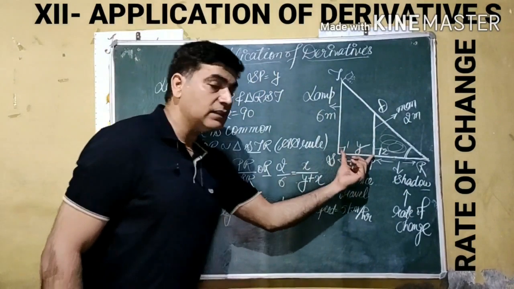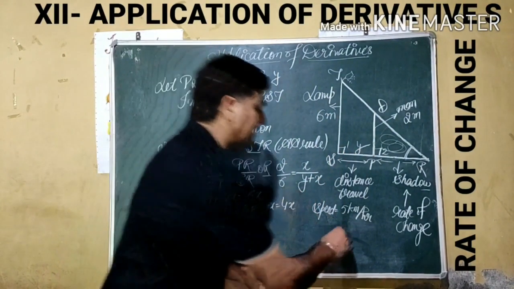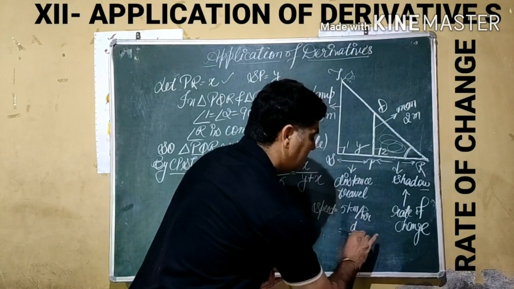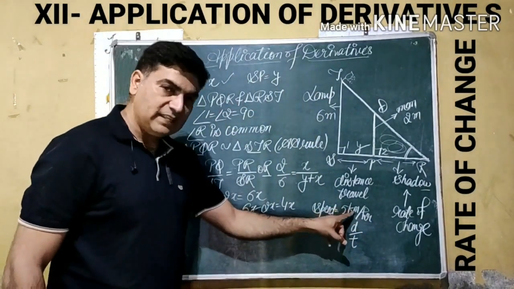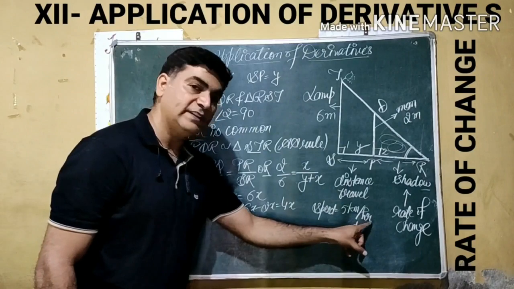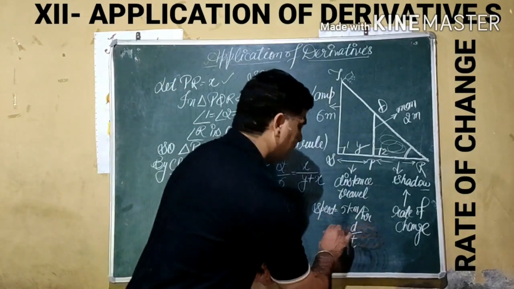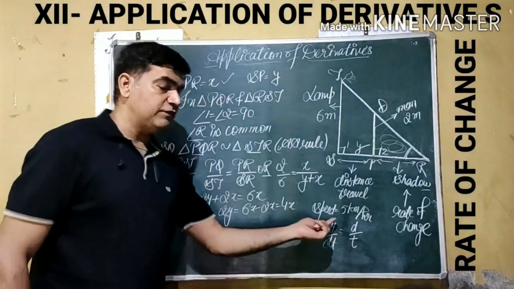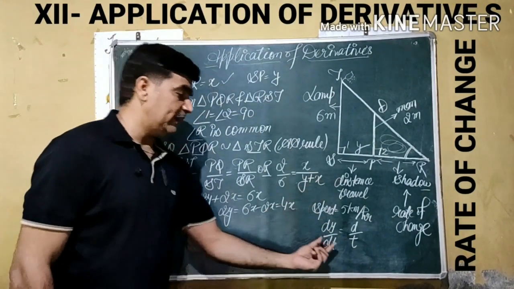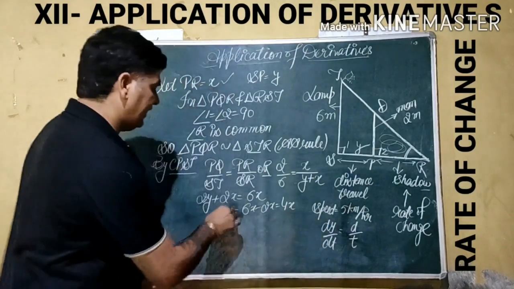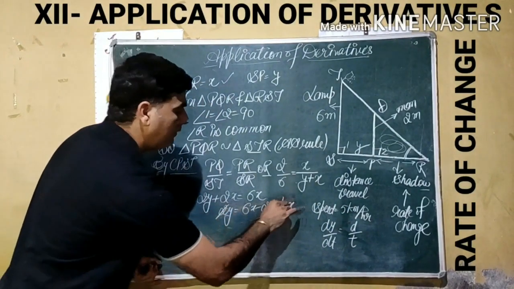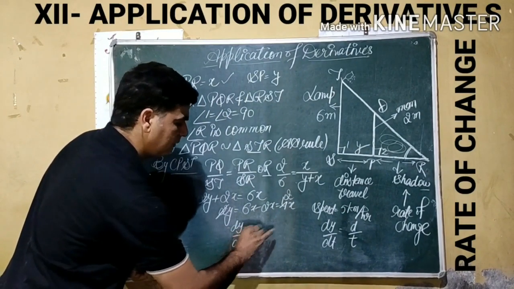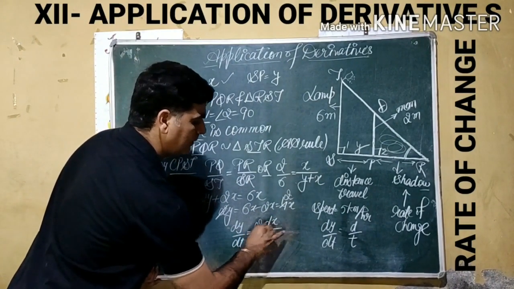This is the length, and we know that speed is given by distance with respect to time. Distance is a unit of length, and time is a unit of time. So it should be given here as dy by dt, the rate of change of distance covered by the person with respect to time taken. So we take the derivative with respect to time, and it becomes dy by dt is equal to 2 times dx by dt.